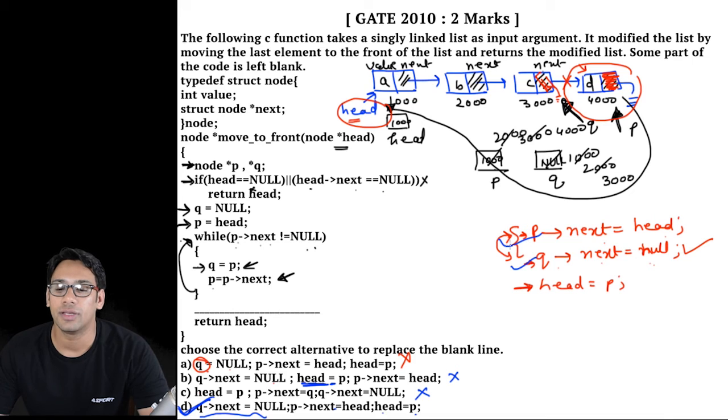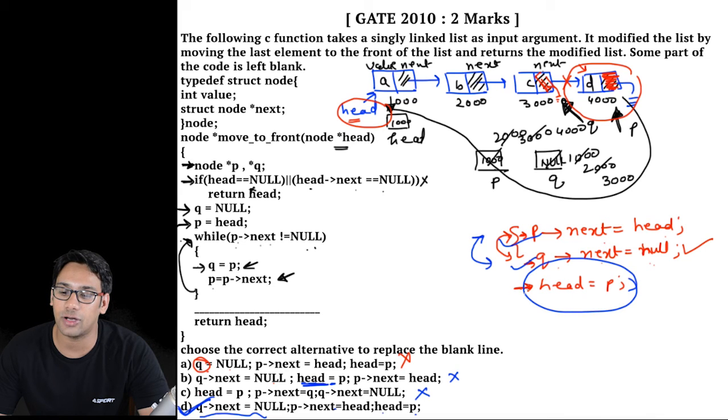Now if you did not understand this question, then try to analyze why we can do any of these operations independently. That means we can initially do q of next is equal to null, and then we can do p of next is equal to head, and we can also do p of next is equal to head before q of next is equal to null. Why can we do this, right? And why can we not make this operation before these two statements? Try to question these things. If you try to question these things, then obviously you can solve this question and find the answers. So this was a very easy question which was asked in GATE 2010.